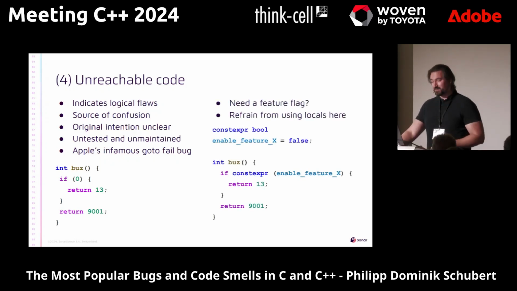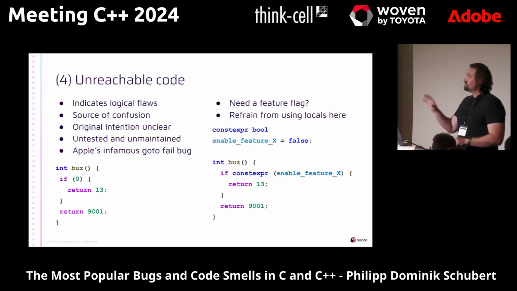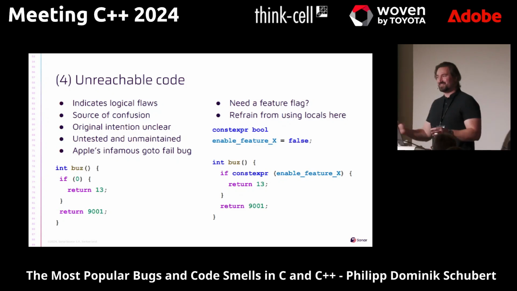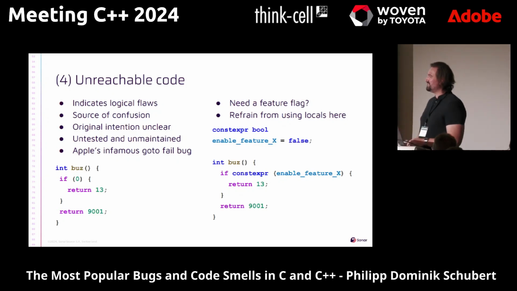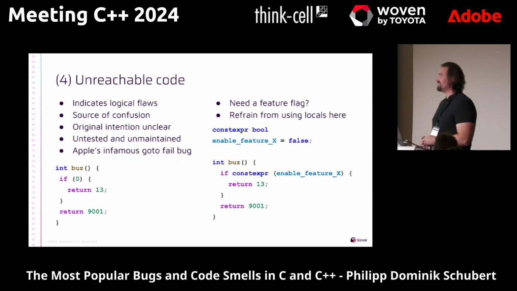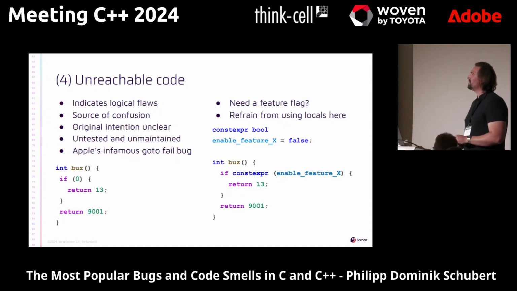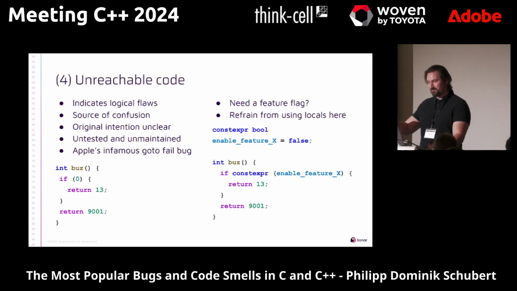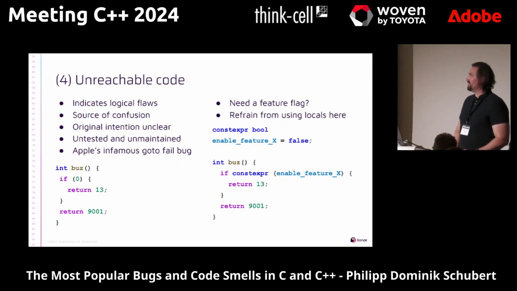If you need a feature flag, because we see people writing that code, basically under a feature flag, just a literal 0, then it's hard to read that this should really be a feature flag. It's really dubious, let's say. So if you need a feature flag, that is one of the very few exceptional cases in which global variables are okay-ish, where you have a constexpr bool, for instance enable feature X, and then you can flip that switch. That is the way we recommend,